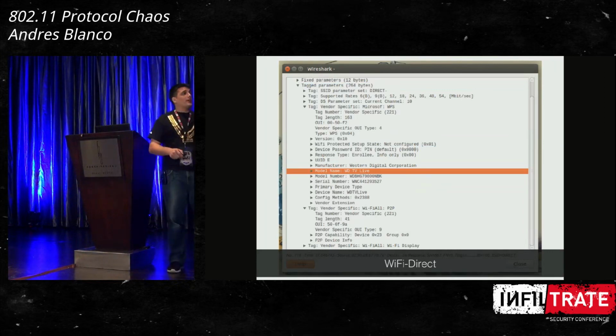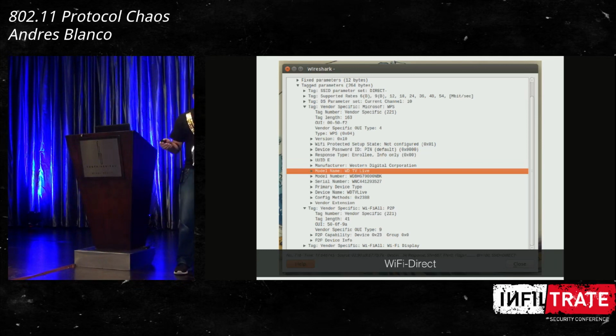Then we have Wi-Fi Direct. That is another interesting protocol. It's not so well known in the industry, but if you have a smart TV or a printer, they are putting this everywhere nowadays. The first devices that implemented it were Android mobile devices. Android has had support, I think, since 2012 or 2011. And again, devices that have support for this enabled by default will be leaking a lot of information.